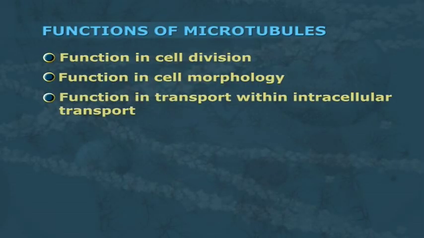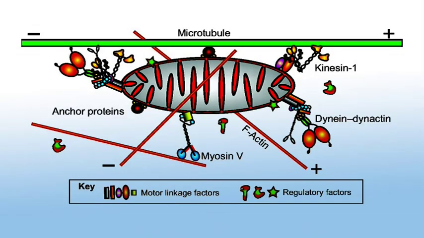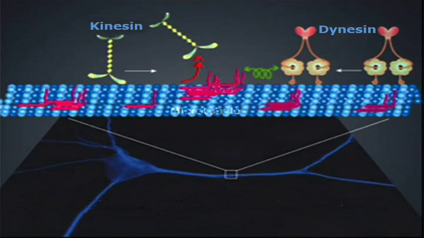Function in intracellular transport. Involvement of microtubules in intracellular transport of organelles has been a subject of recent extensive studies, and microtubule dependent motor proteins are thought to be responsible for organelle transport along microtubules. Two of these proteins, kinesin and dynein, appear to be the most abundant translocators responsible for microtubule dependent transport toward the cell periphery. Kinesin and dynein help to shuttle different things from the soma down to the axon or the